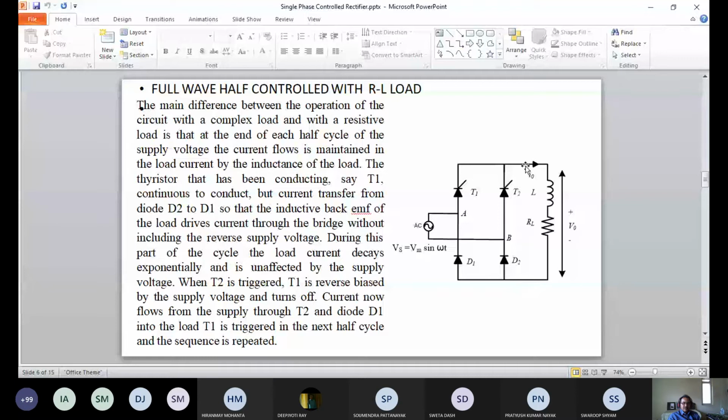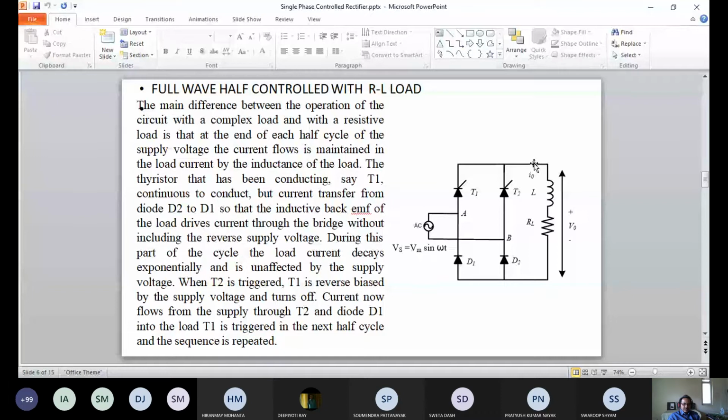Tell me, there are 100 students. Actually, someone tell me, what is the source current? The load current is freewheeling through T1 and D1. What is the source current? Not getting it? Apply the simple circuit: these two are conducting. Is there any source current during freewheeling action?